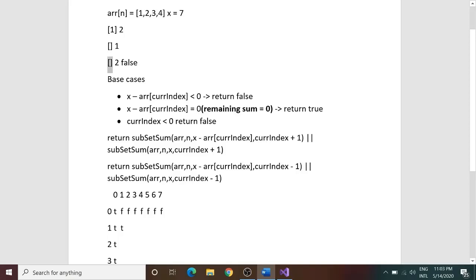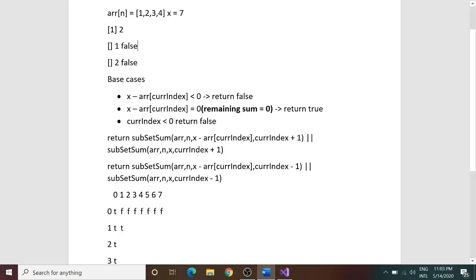Now what does this mean? This means that I have an empty set. So can any of the subsets of this empty set have a sum equivalent to 1? So where can I see this problem in my matrix? Again, I have no element, but I still have a sum of 1 left. So again, the answer to this is false.